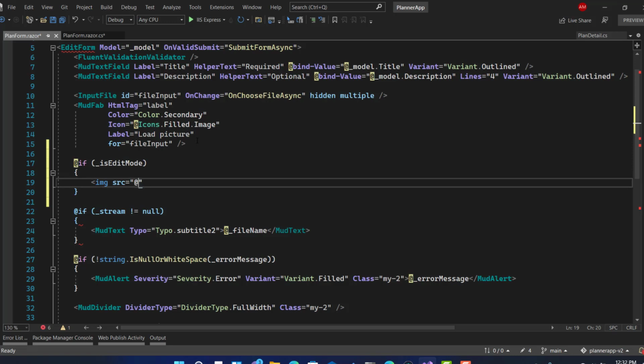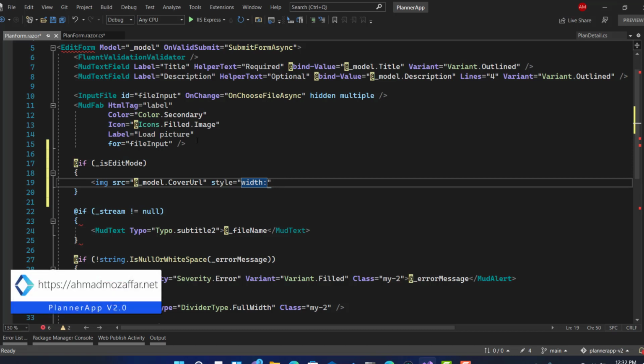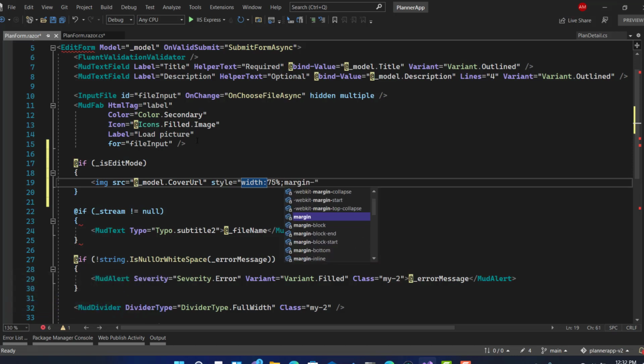Sorry for that. At model.cover URL, right? That's something good. And let's add some little styling. Actually, I'm going to make it inline style just for width, like 80%. Let's make it 100% of the... I prefer to make it... Let's just keep it 75%. I think that's enough. And let's add just margin